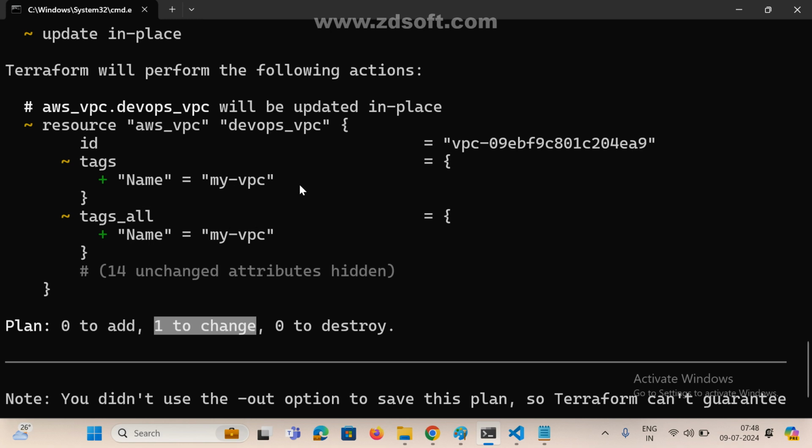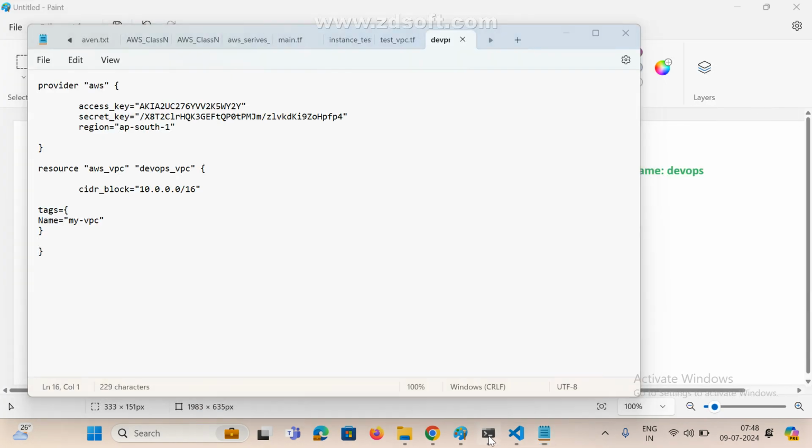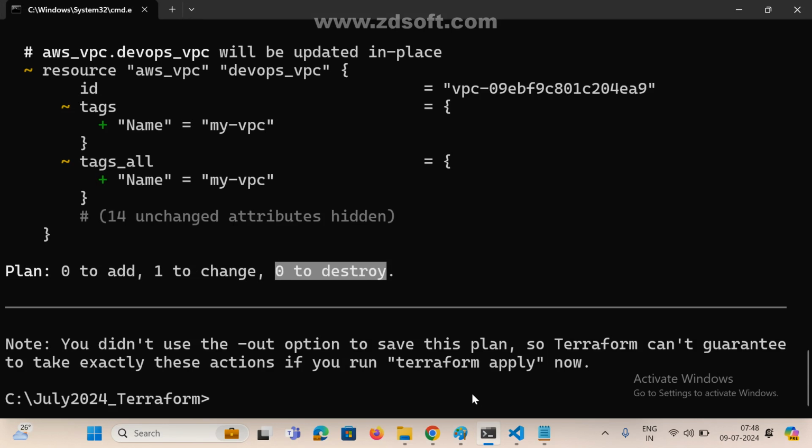Now, got it. This is not an actual resource. See here, 0 to add, 1 to change, and 0 to destroy. Now I updated something. This plus means updated. Now run it. Now see here, and the last command,